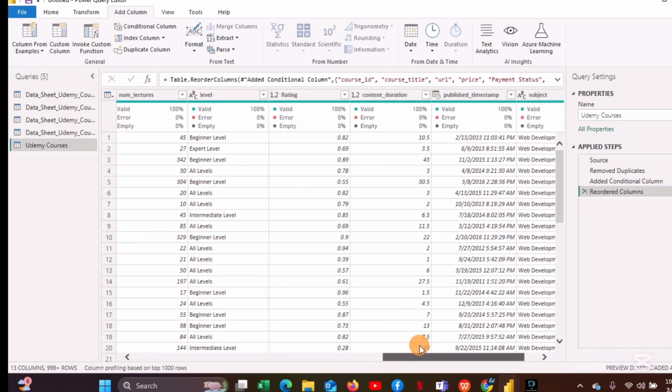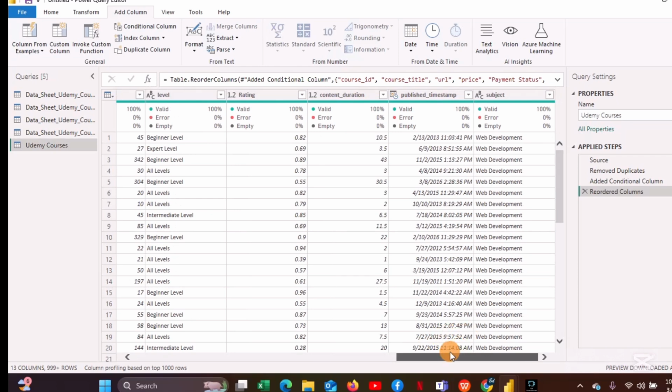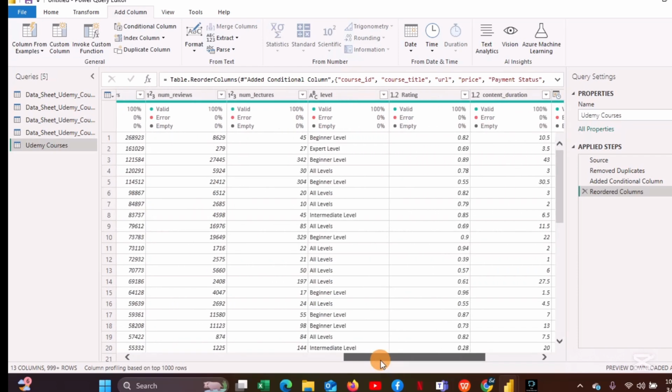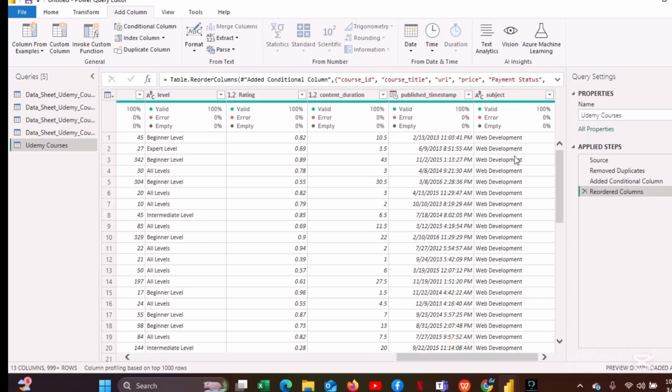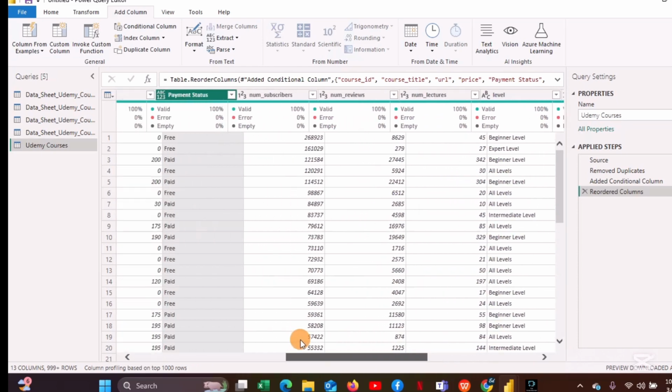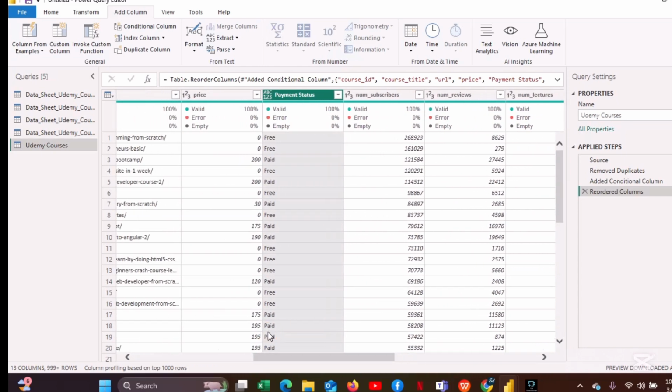Yes, you said if I'm to move the new column we created, I will double click, then move it beside the price. Yes, double click and drag it to wherever you want it to be. You can still leave it there, it doesn't matter, but I just wanted to show you that they correspond. That's why I brought it close to the